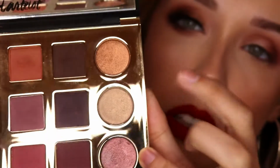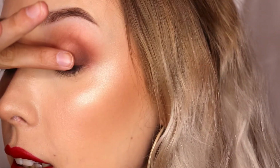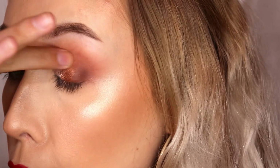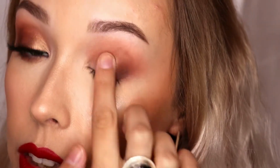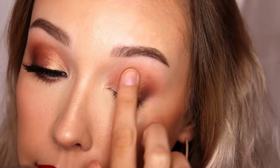We're using Ethereal and Glam. So these just go on really well with your finger. They're very creamy, but they're also pressed a little bit harder, if that makes sense. So you don't get a ton up on the brush or on your finger, but they show up really, really nice. And this one here is going on the center of the lid and a little bit out towards the outer corner. We're gonna blend that out in a sec, but you just wanna get this on